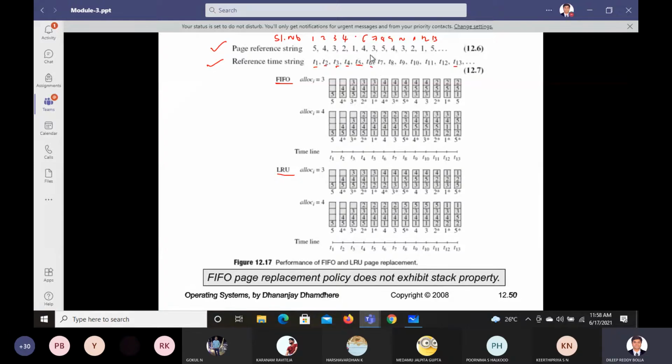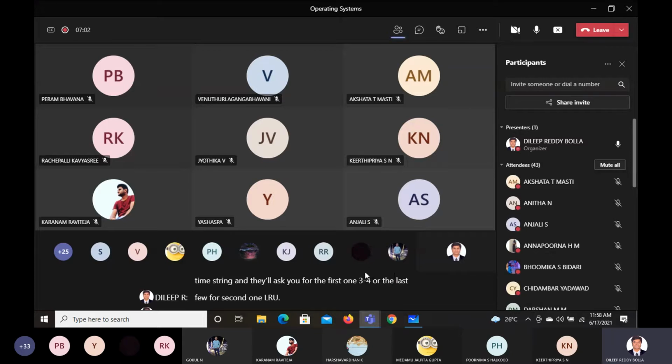So this way you'll get the question in your examination based on the page referencing and the referencing time string, and they'll ask you for either the first one, FIFO, or the second one, LRU. So both of them we'll try to discuss now.